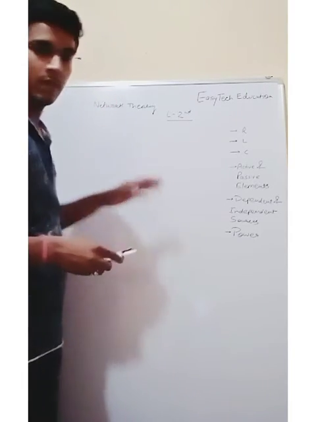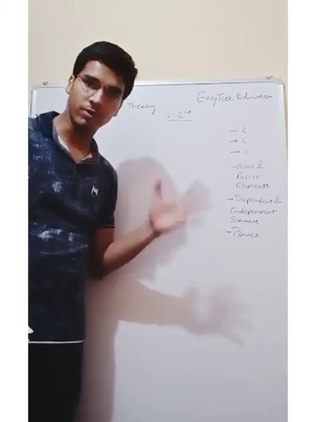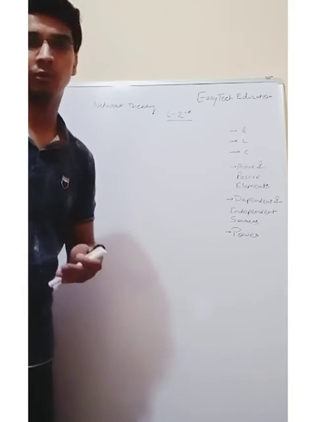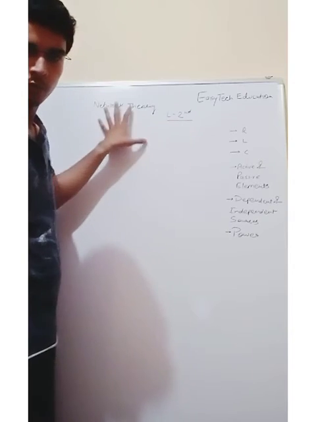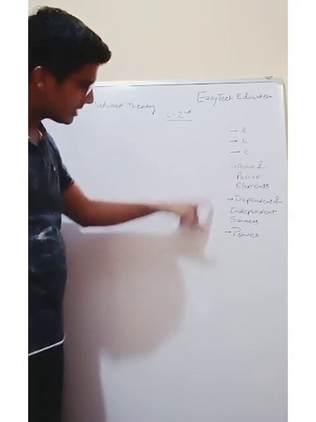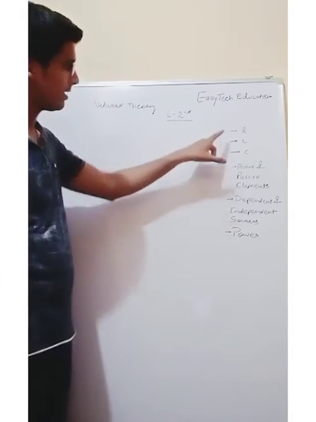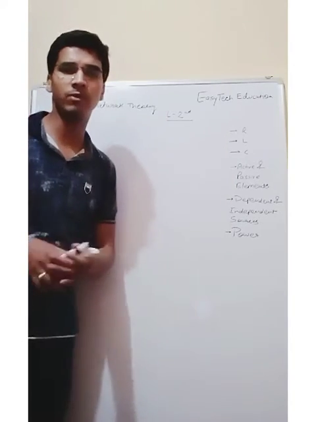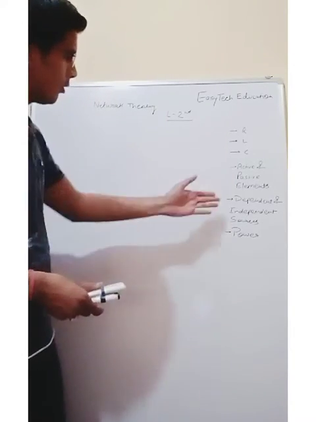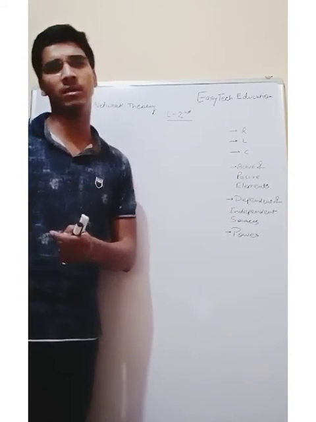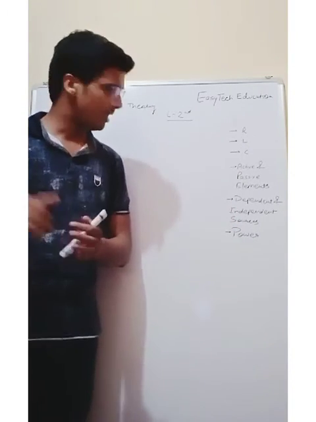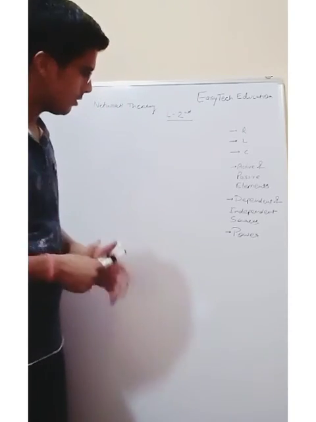So, we have already said in the first lecture that we will study network theory and all its contents. Okay, so this is the second lecture of network theory, where we will discuss the basic elements of network theory like RLC. We will discuss active and passive elements. We will discuss dependent and independent sources. There are various kinds of dependent and independent sources, and their symbols also.